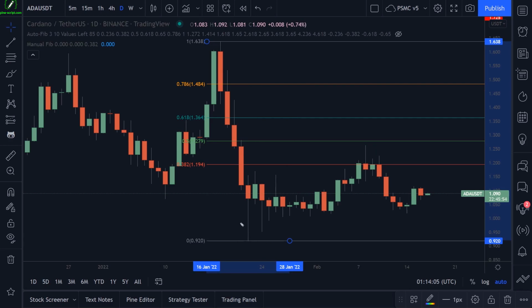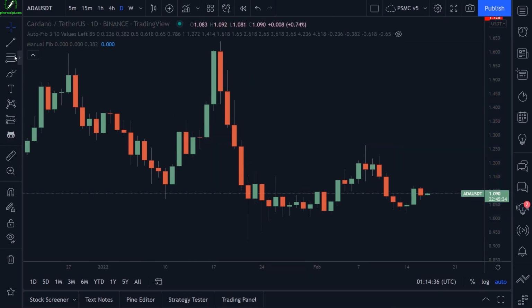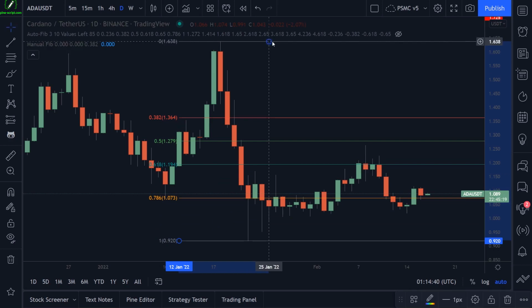So we're looking for price to come up and hit one of these ratios in a traditional Fibonacci strategy or advanced pattern formation analysis. We're looking for these fib levels to be tested for whatever reason, whatever particular strategy we're using. However, if I draw the tool from the low down here to the high, now we have a different